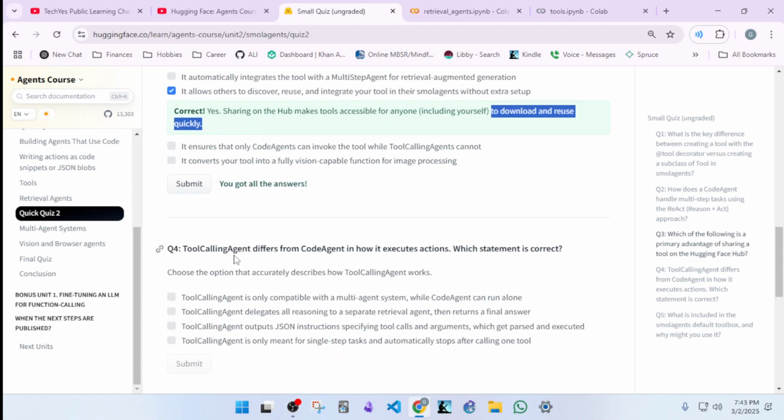Question four, a tool calling agent differs from a code agent in how it executes actions. Which statement is correct? Choose the option. Okay, so